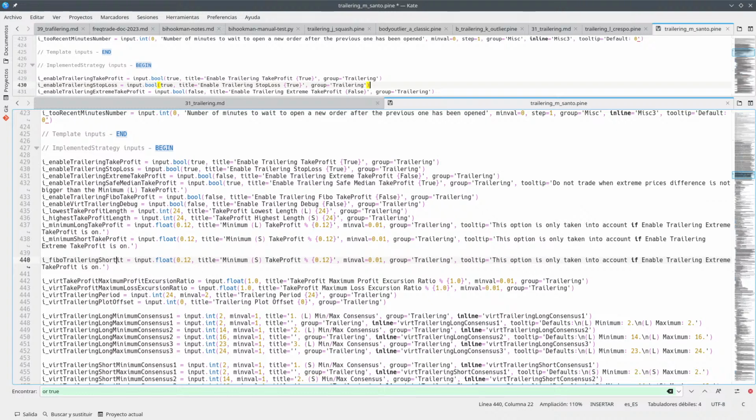I mean, Fibo trailer in short. Yeah, take profit. This is 61.80 because why not? So this is Fibo as take profit, and this is 61.80. Minimum is like this,